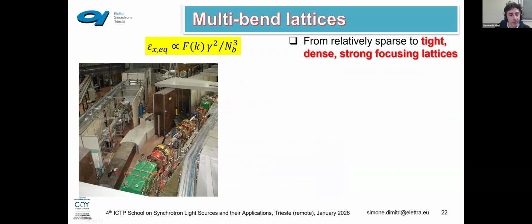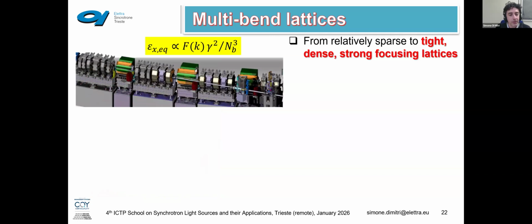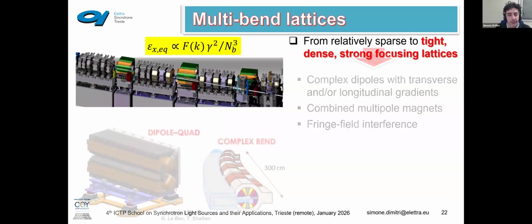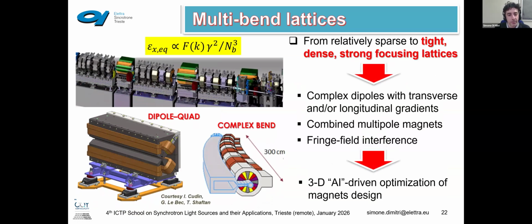So we are passing from a relatively sparse magnetic lattice. This is a snapshot of the Elettra achromat, a portion of the Elettra magnetic lattice before it was dismounted a few months ago, passing to what will be Elettra 2.0, with much denser, strong focusing lattices. This kind of development, adding more dipole magnets, which implies basically a stronger focusing property in order to keep the electrons on the reference orbit, has inspired engineers and physicists to the design of